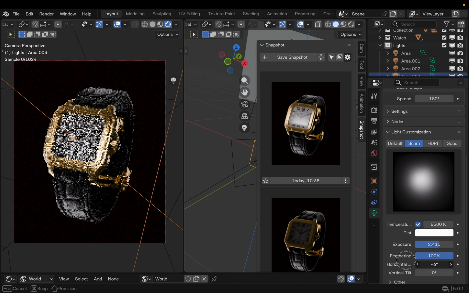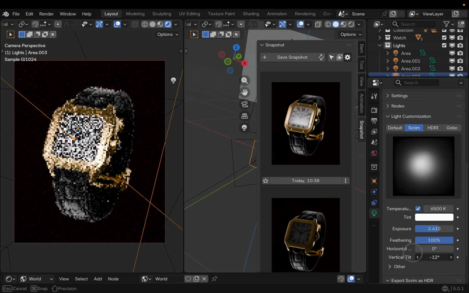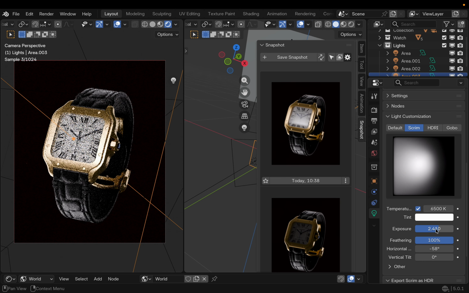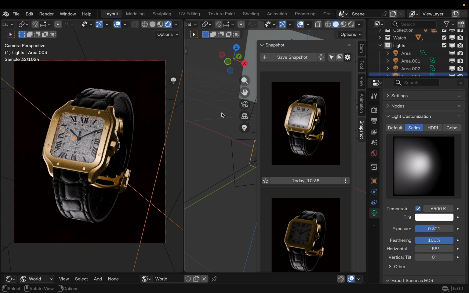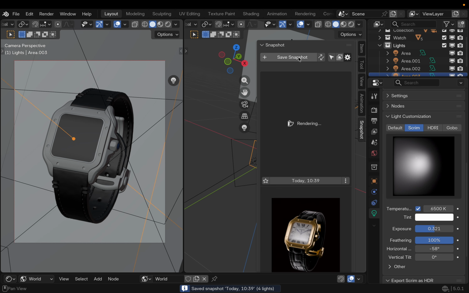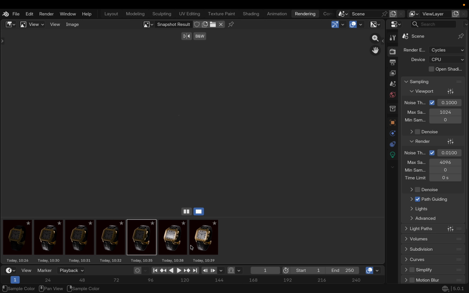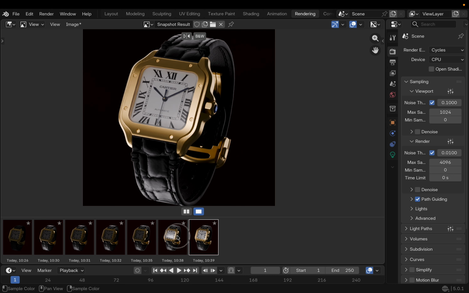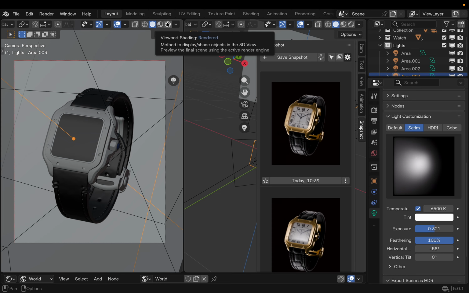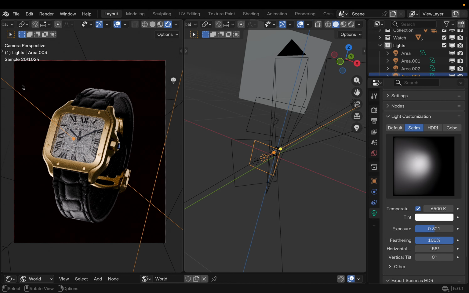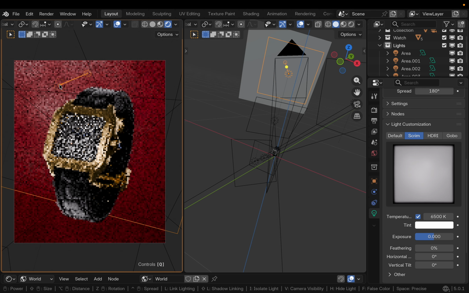Here I'm trying to create an additional gradient to the screen, and lowering the exposure because it obviously was too bright. Saving the next snapshot, and now we will compare the previous one and the current one. You see, on the previous one there was that horrible highlight on the glass that looked just horrible, but this one looks quite well. Adding the next light to brighten up the background,